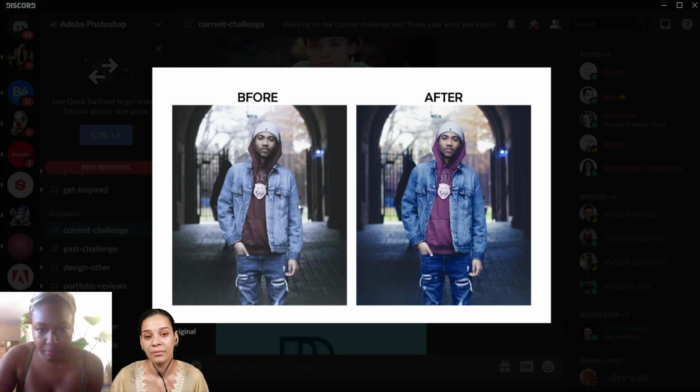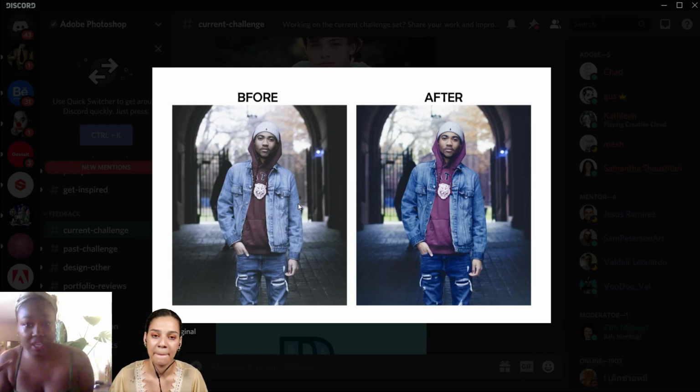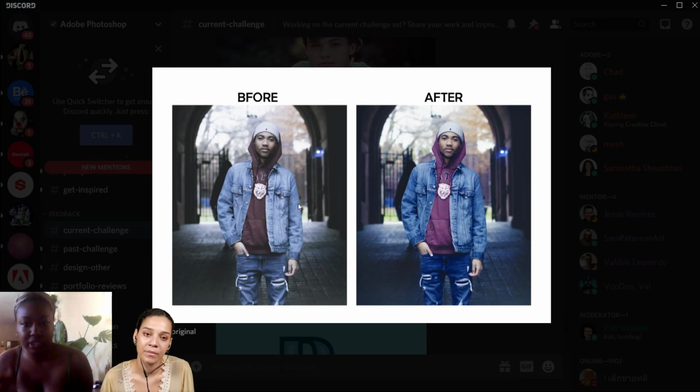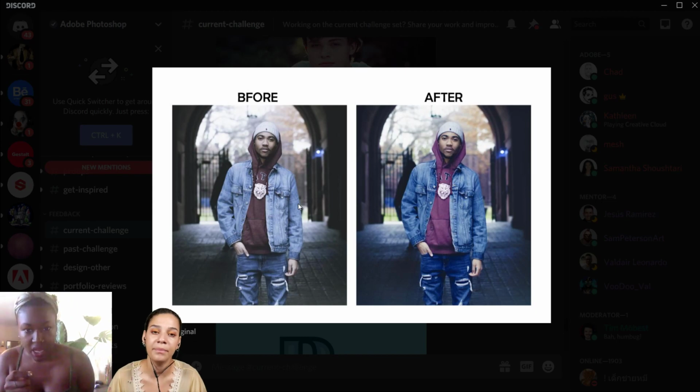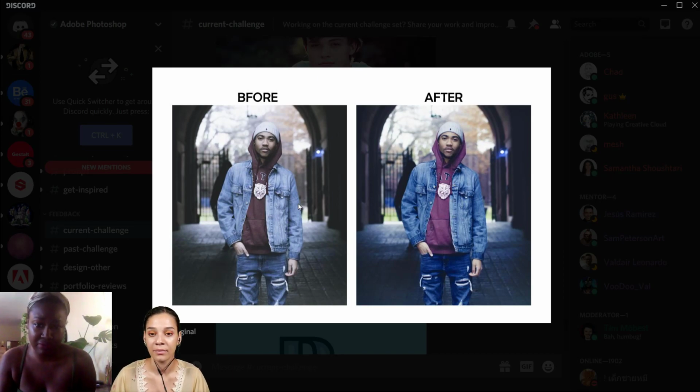I'm looking at the purple in his sweater, and compared to the bottom, it was a really darker purple. This is a lighter purple. I think it's the levels. You can tell the levels have been opened up a little bit, and you can tell it's more purpley red. But I think adding a little bit of yellow would really help it. But other than that, I love the crispness of it.